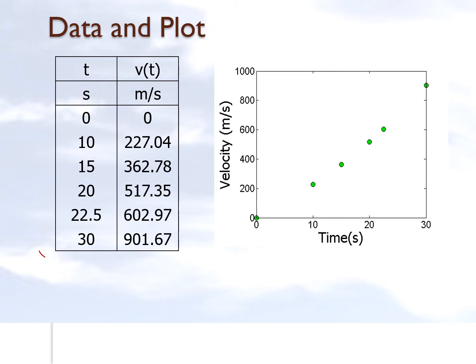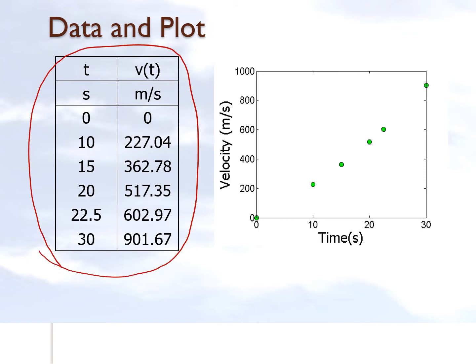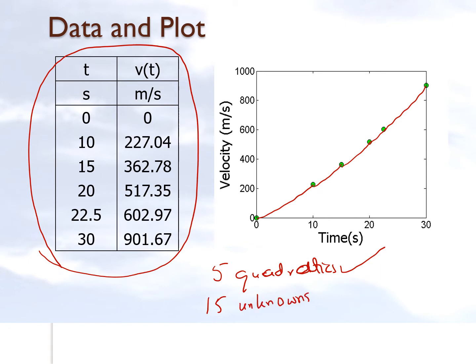So here is the data which was given to us, 6 data points, and I'm showing to you here in a graph these particular 6 data points. So what we are doing is that we are going to take one spline. This is the first quadratic, the second quadratic, the third quadratic, the fourth quadratic, and the fifth quadratic. So you'll have 5 quadratics which we have to find in order to be able to develop the quadratic spline interpolation. So let's make a note of it. We have 5 quadratics which we have to find, and there'll be 15 unknowns because each quadratic has 3 unknowns.